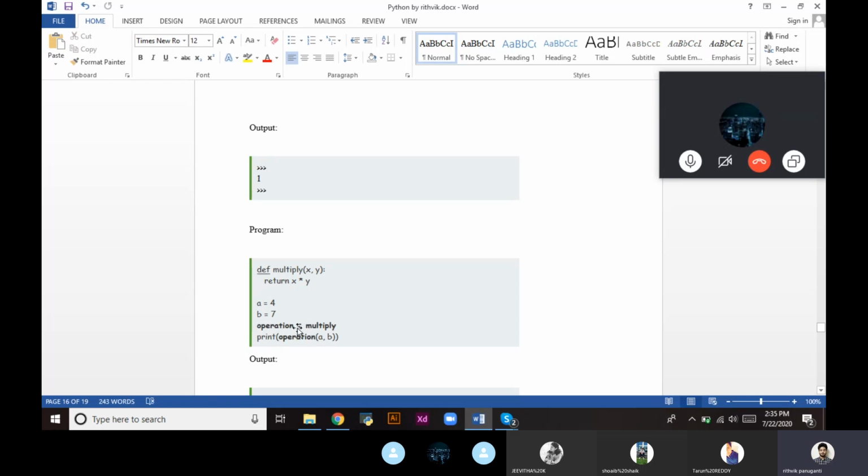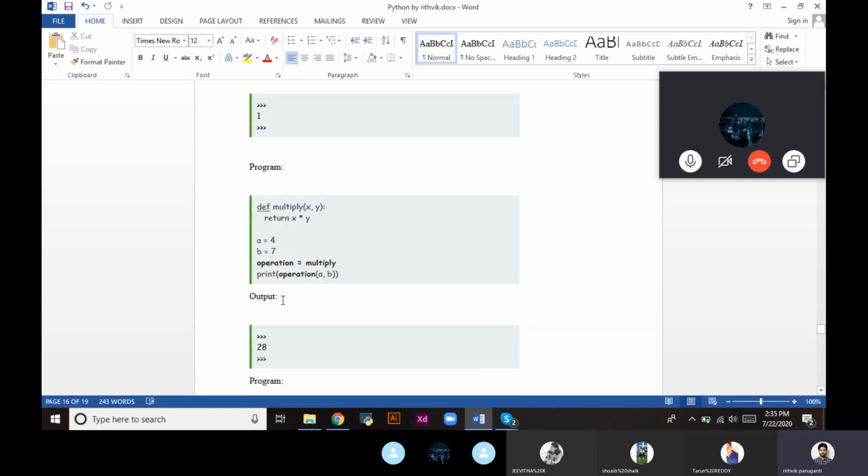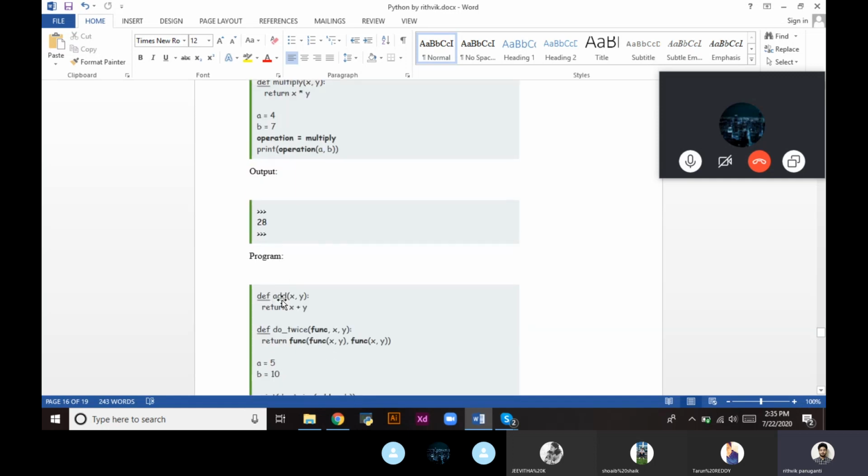So multiply was assigned to the operation variable. So operation of a b will directly call multiply of a and b. As we declared earlier, 4 and 7 will be the values passed to x and y. So 4 into 7, the multiplication product 28, will be printed in our output.